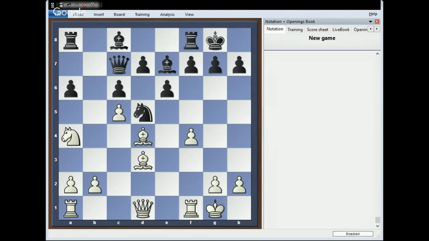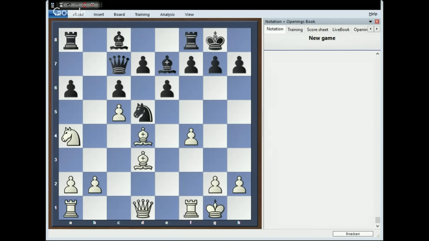I use an engine during analysis of my games because I need to know if I have the advantage and what's the best move. Am I wrong with that? No, you see, I don't think it's a bad idea to use an engine, but do it only to check the tactical moments. Using an engine to analyze the whole game just defeats the purpose of analyzing. That's not good. So let's see, what's White supposed to do now?